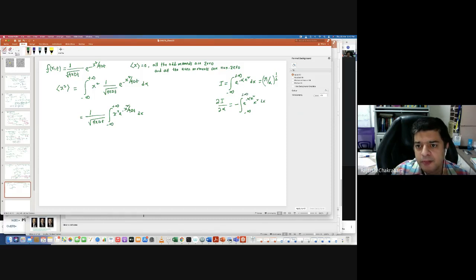Because your x square will come down from the exponential, with minus alpha, minus x square, so the minus is outside. If you differentiate this integral with respect to alpha, you get this. Differentiate this expression with respect to alpha, you get this. So they are equal, with a minus sign, of course. So it essentially tells you that your x square